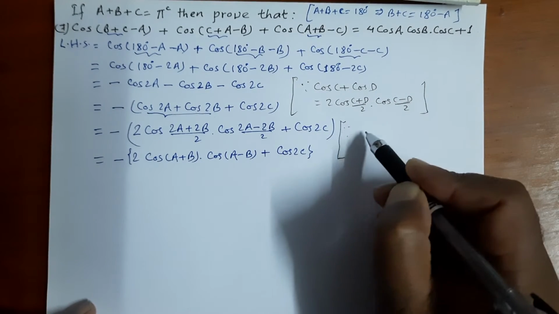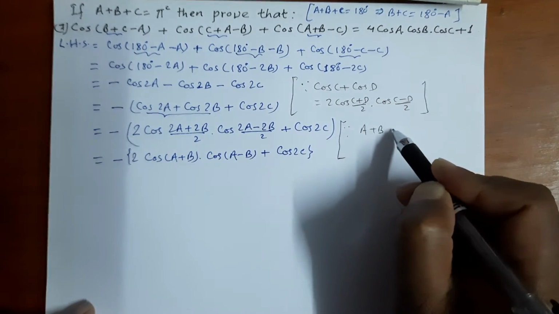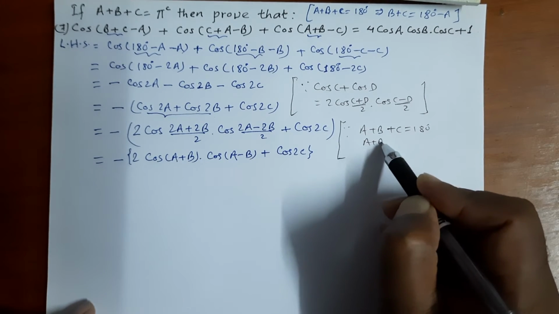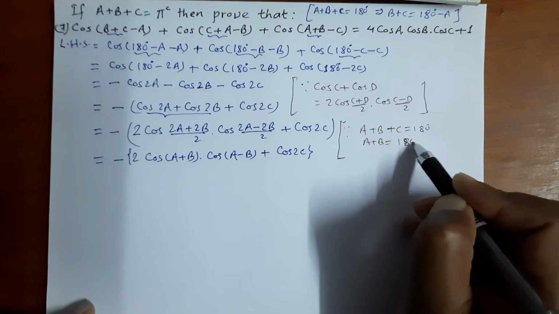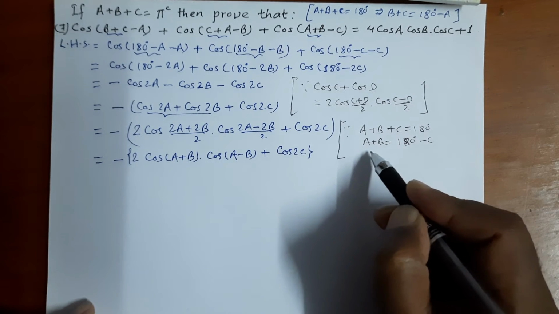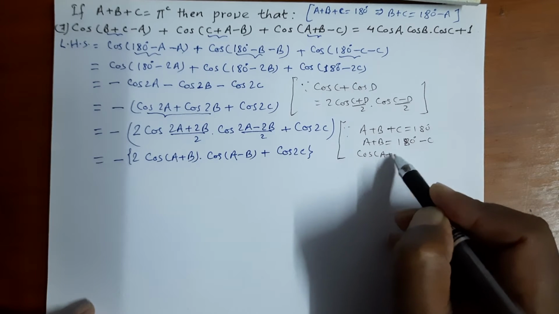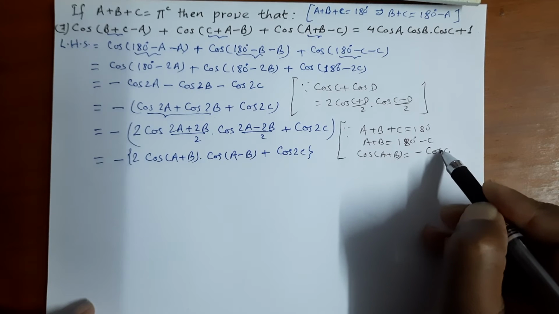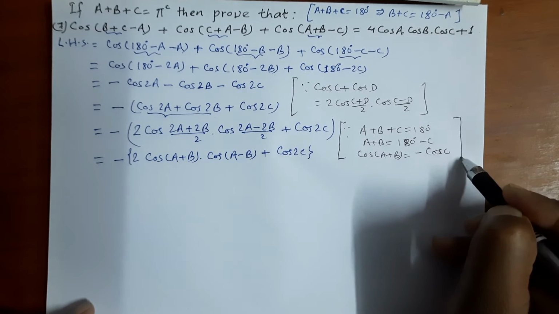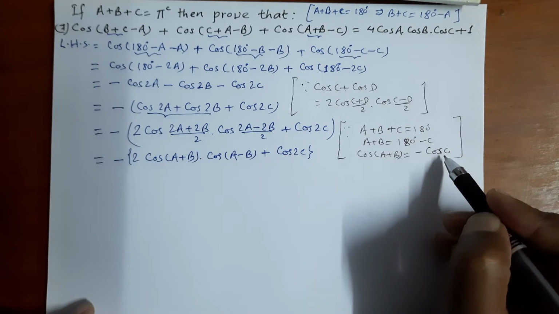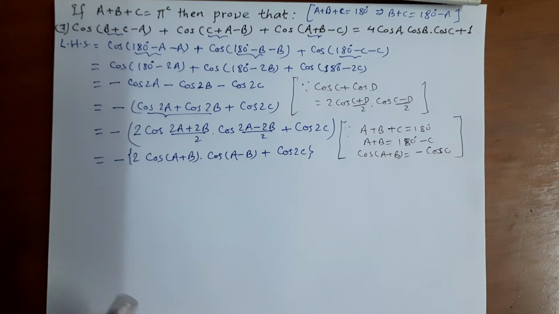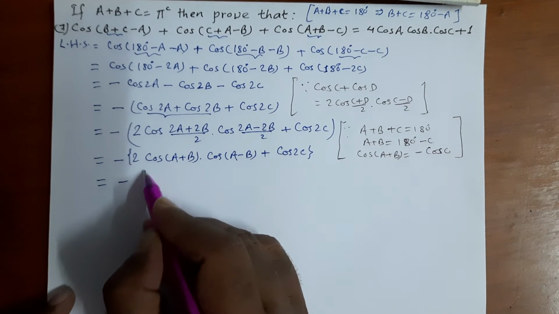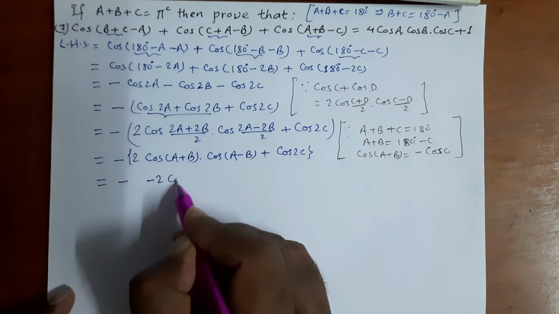How it becomes, look here: a plus b plus c is 100 degree, given, and a plus b equals 100 degree minus c. This c goes there and becomes minus c. So cos(a plus b) becomes cos(100 degree minus c). That will be minus cos c, because 100 degree minus c lies in the second quadrant. In the second quadrant, cos is negative. So this equals minus 2 cos c,